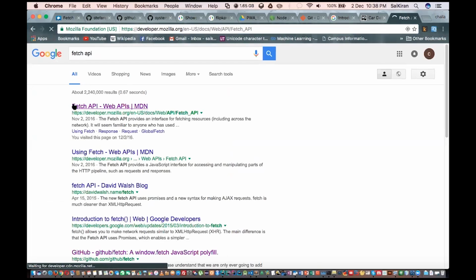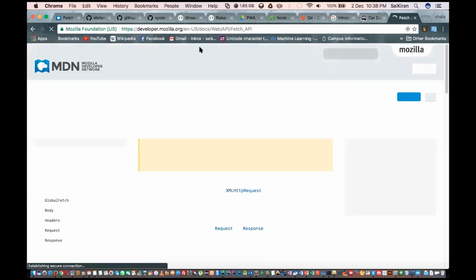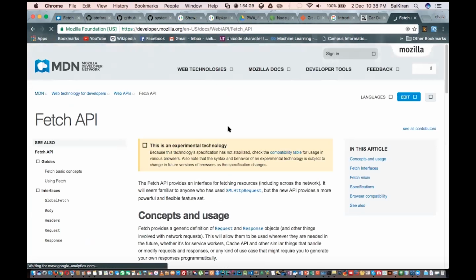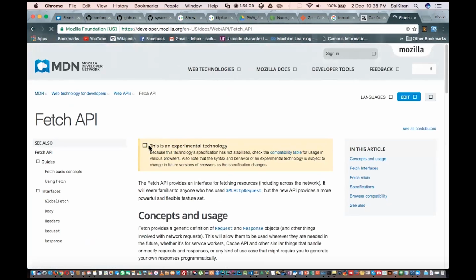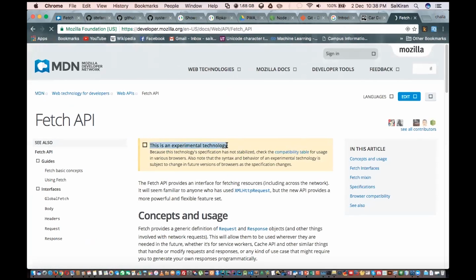So when you're going to talk to your server, you can use this API in the future in order to fetch the resources from your server side. But the problem is, as it says, this is an experimental technology. So which implies that your fetch API is not going to be supported by all your browsers, and so does your promises. So what do we do is